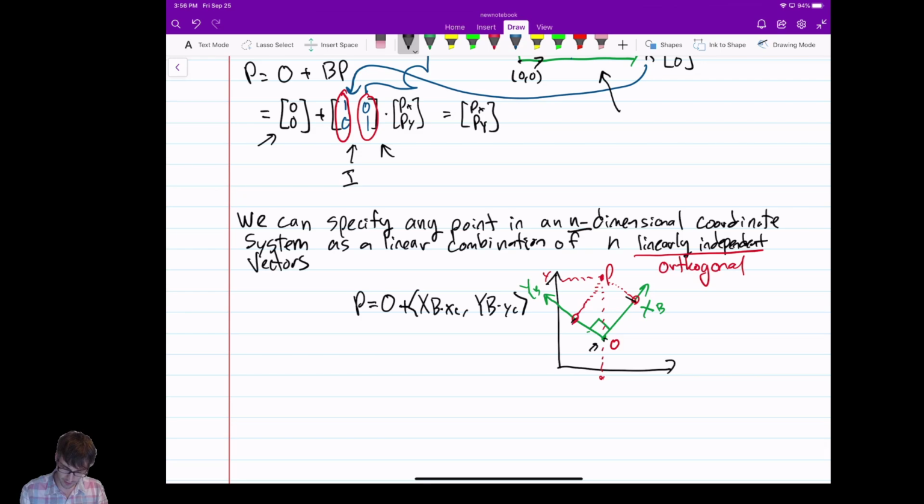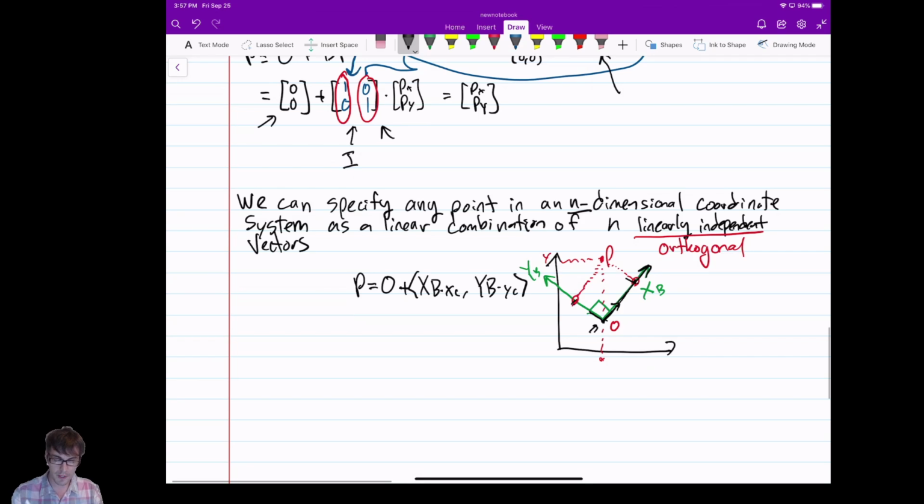If these are standardized to length 1 here, for example, it's 1, 2, 3 times that vector, plus 1, 2 times that vector, whatever. But in this case, the vectors go really long, so it's like 0.8 times that vector. It doesn't really matter. You can standardize them to be the same scale, but some of that vector plus some of that vector will get you to that point offset by the origin. So we can do this with any transformation. We can think of any point as being defined by that